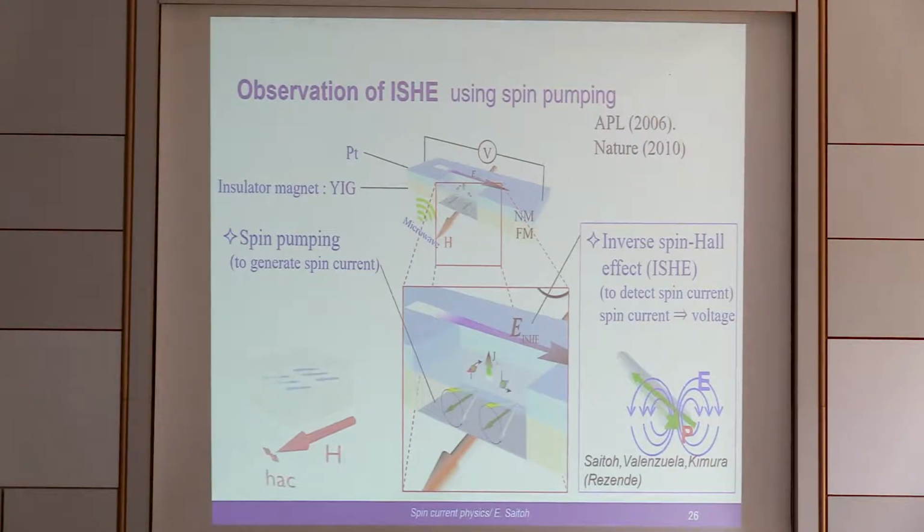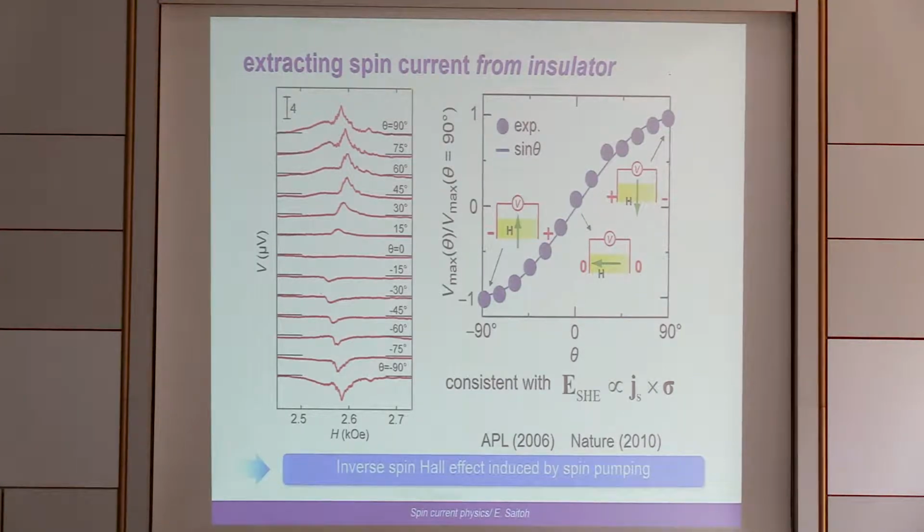And inside the conductor, spin current is converted into an electric force via the spin Hall effect. So the voltage appears between here and here. So this is the spin current creation and measurement. This is a very fundamental setup, and this is a result, a voltage as a function of the magnetic field. At the ferromagnetic resonance condition, voltage appears,